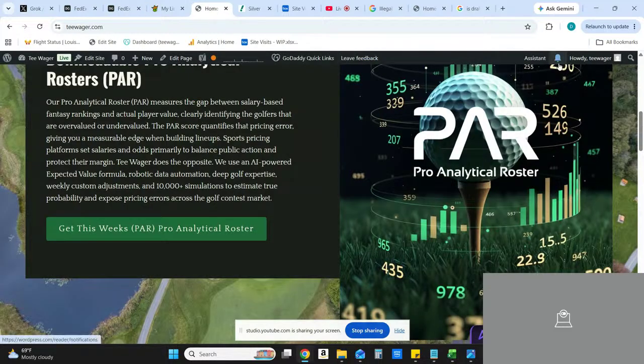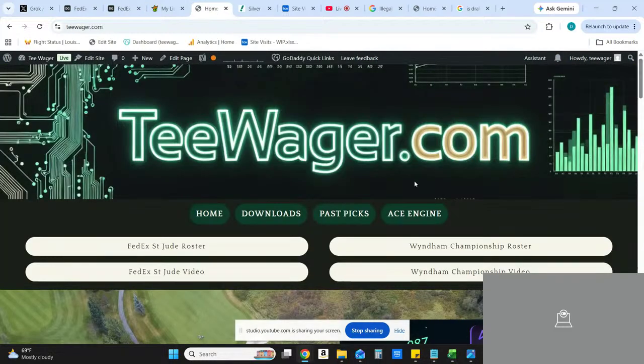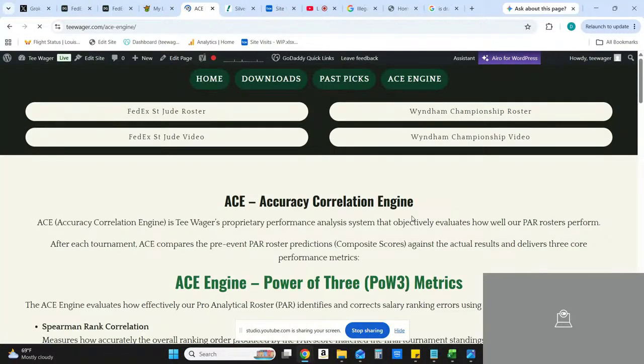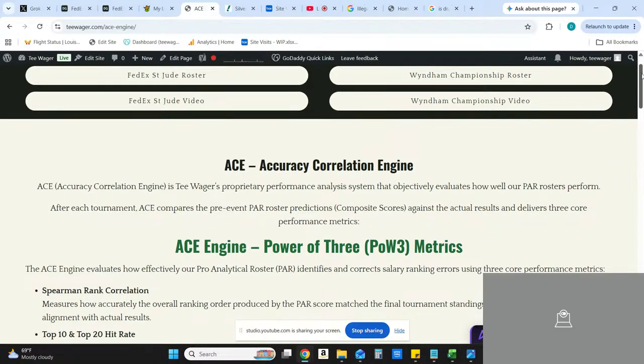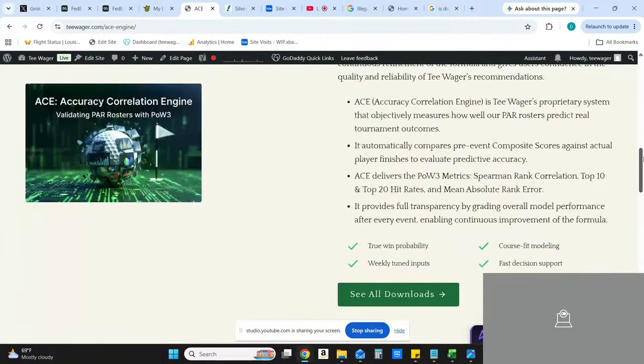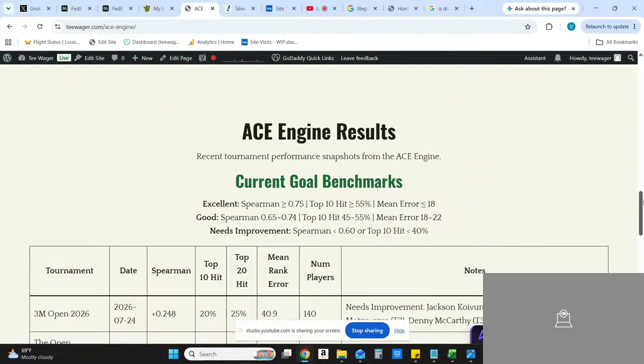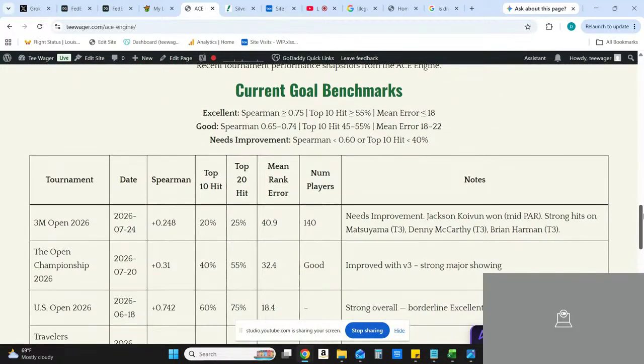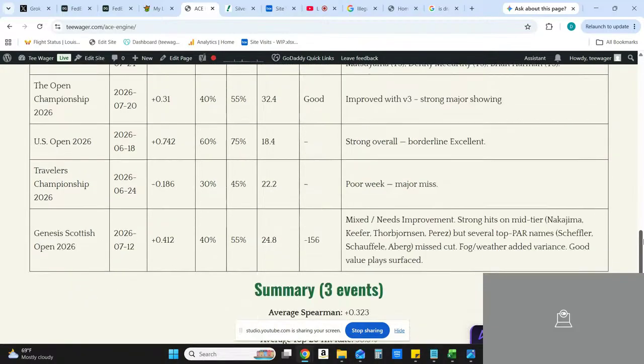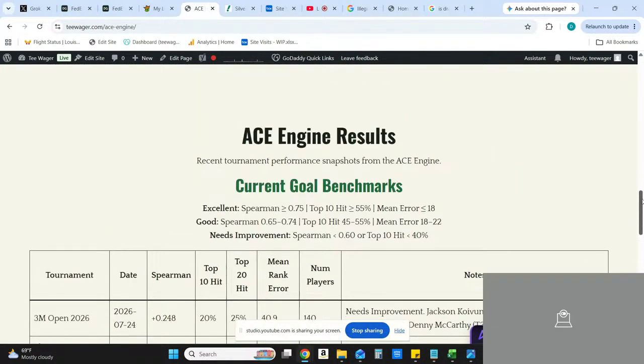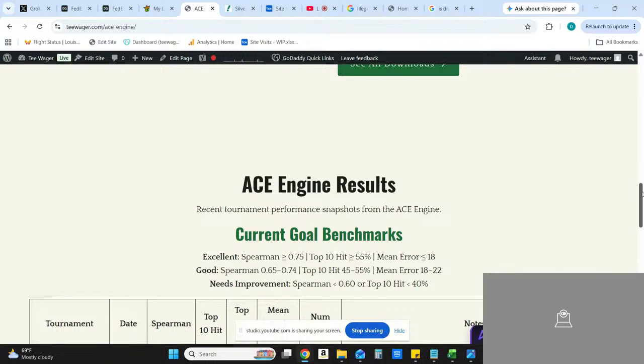But after it's finished, we have something called the ACE engine, which is our accuracy correlation engine. So we basically take these, see how well we did, how well our pro analytical roster did, and then we set benchmarks for each event, and we determine whether or not our roster is hitting those benchmarks. If it hits the benchmarks, then that's great. We don't need to make a lot of changes, but what we found just in a short